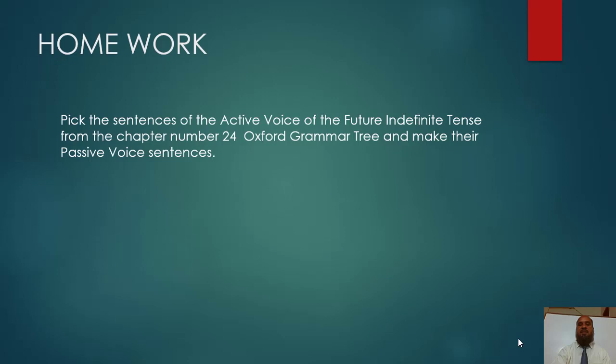Dear students, please note the homework. Pick the sentences of the active voice of the future indefinite tense from chapter number 24, Oxford Grammar Tree, and